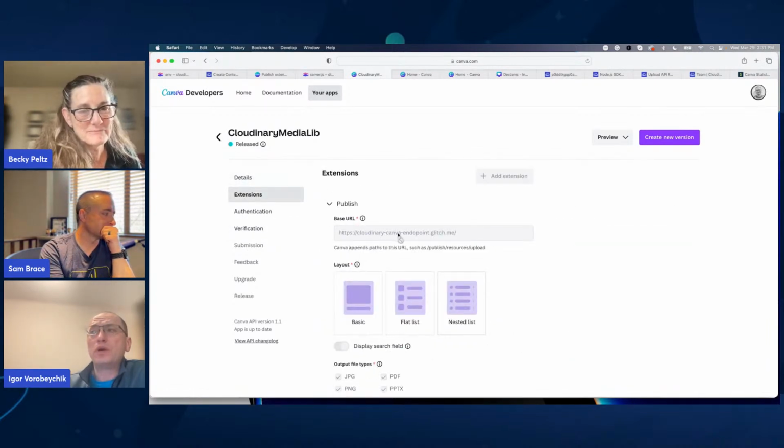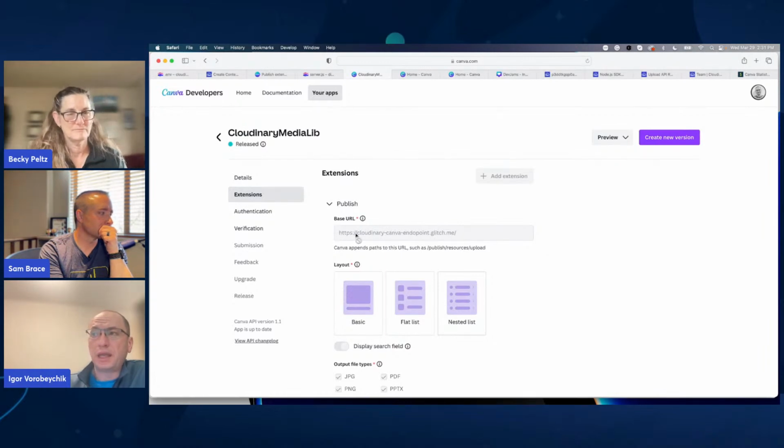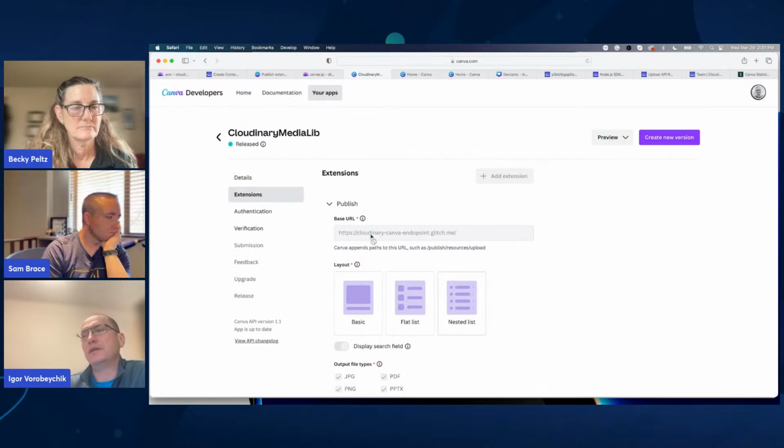This is, by the way, where I point to my own endpoint, which is on Glitch. Basically your project name will be the entry, the URL for your endpoint. And again, awesome. On one hand it is simple, but everything in Canva is very